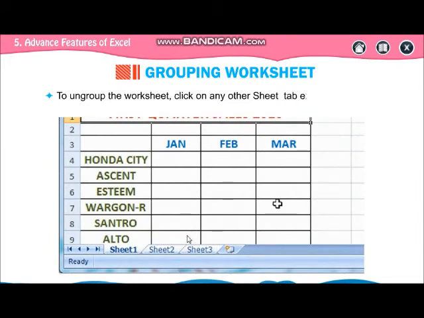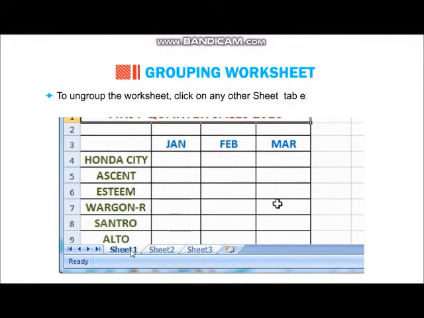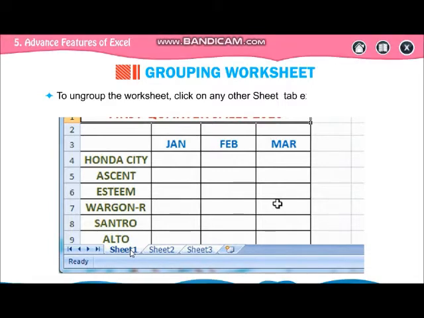Now we have entered this data in sheet 1, and because sheets 1, 2 and 3 are grouped together, this data will automatically be copied to sheet 2 as well as sheet 3.